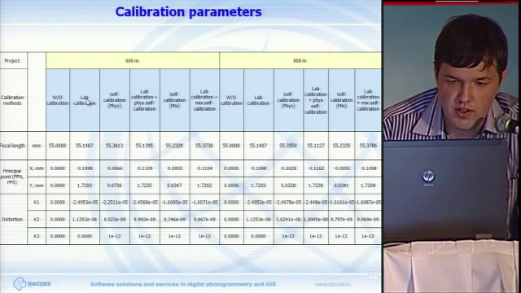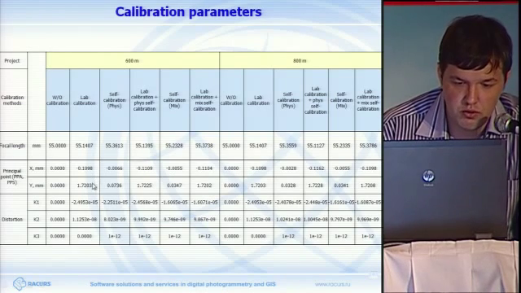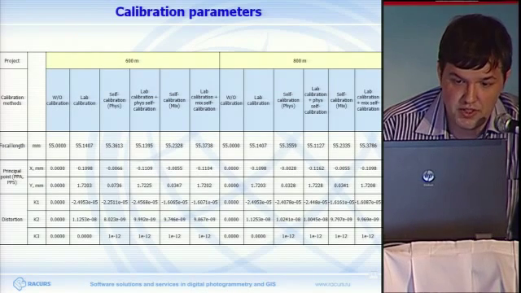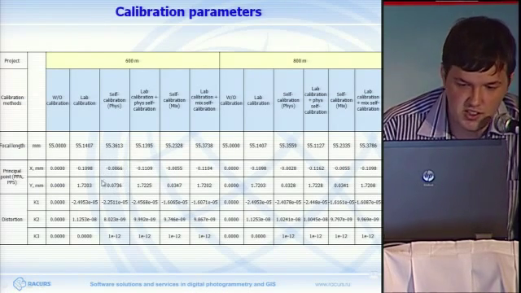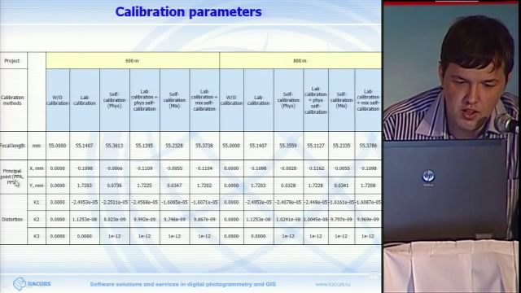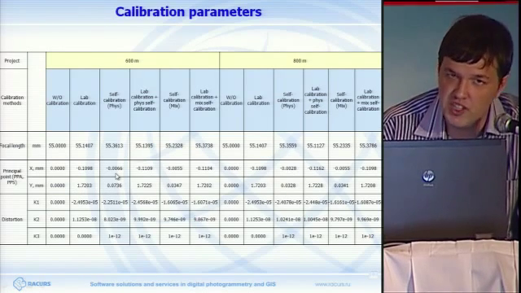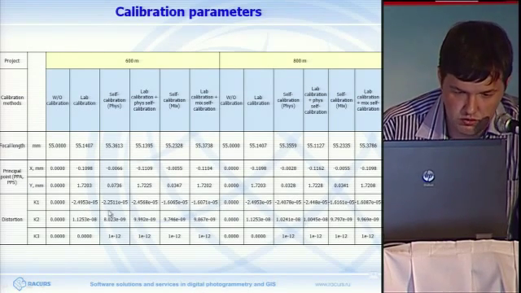So I must tell you here that during laboratory calibration, we selected the zero distortion point. As a result, it led to a shift in the y-axis of 1.1 millimeter, which is a lot. Whereas in regular field calibration, the main point is located somewhere in the center. In fact, it just means that the PPA and PPS in this particular case are not located in the same point. And the distortion coefficients, as you can see, are not really different from each other.